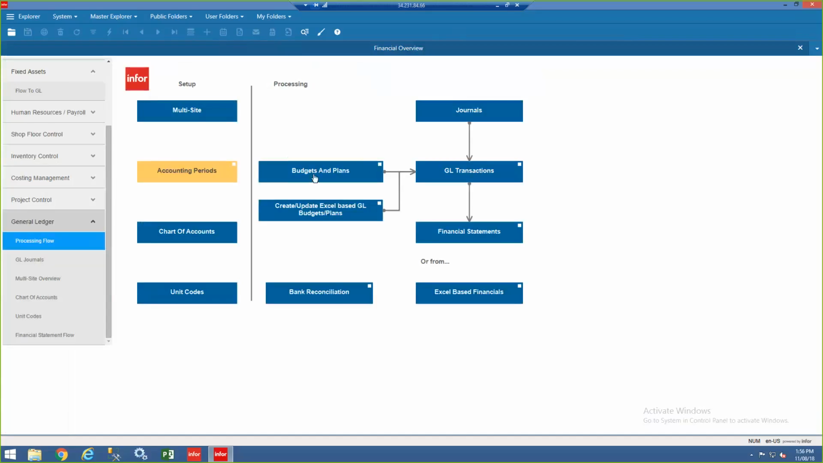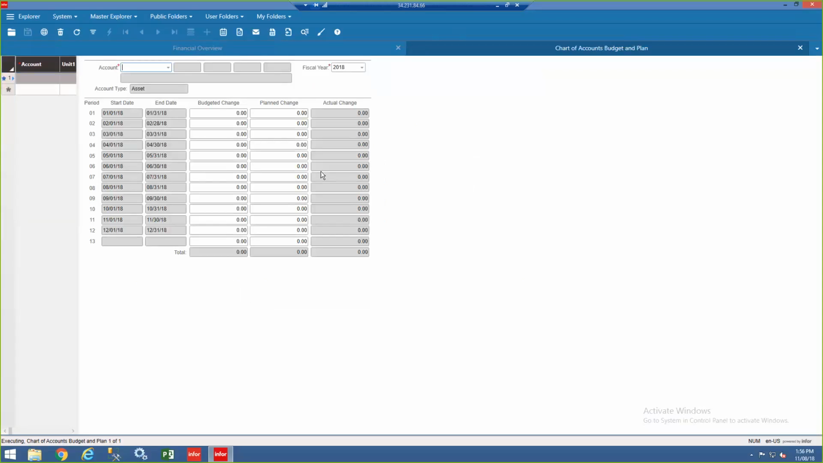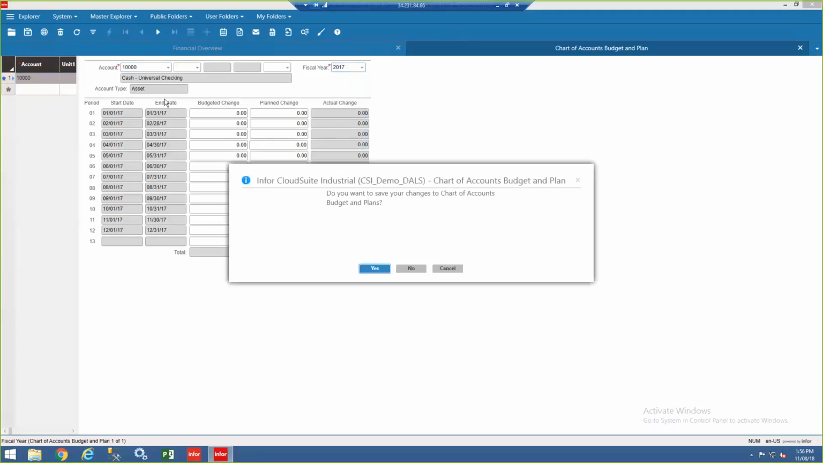Moving on to budgets and plans, what we typically find applicable for our newer customers is the first year, and most companies are doing budgeting and planning in Excel in some way, shape, or form. So the way we'll do it is,